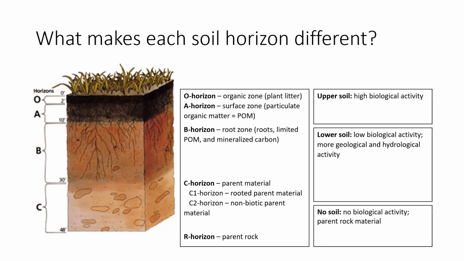Then below that, the color changes radically from this gray-brown or blackish part to the mineral color of the soil, but typically with a little bit more brown or red in it. And that is because of more organic matter associated with the roots. And this area is called the B horizon. It has more limited particulate organic matter and has some mineralized carbon associated with the roots in these root channels